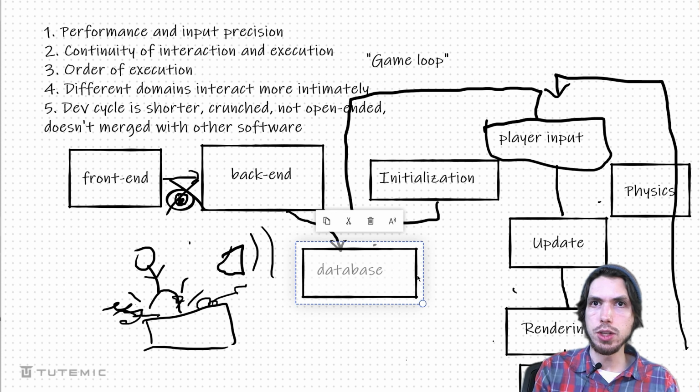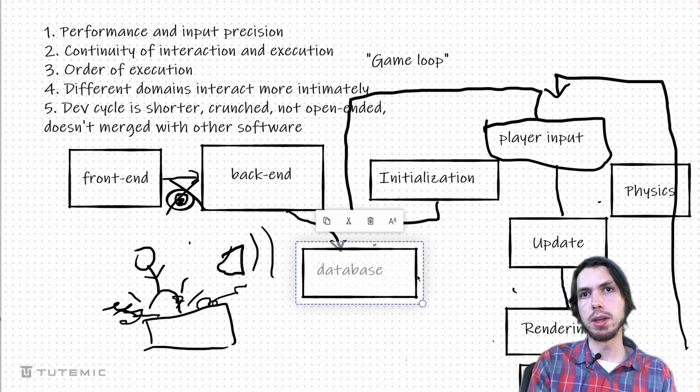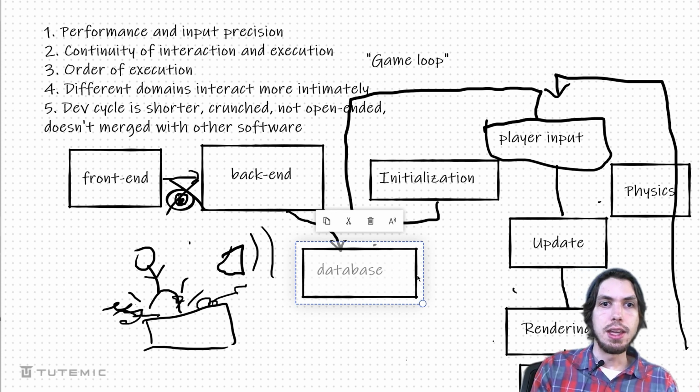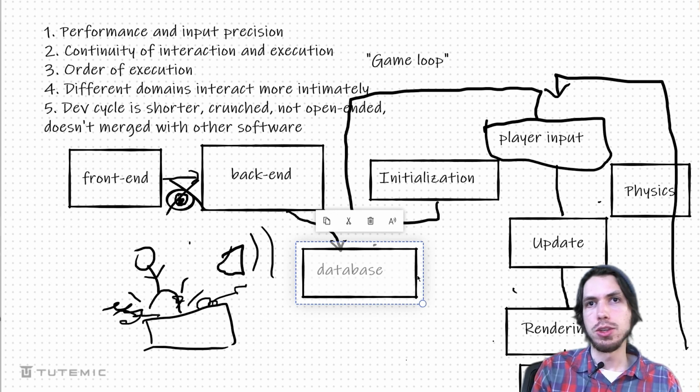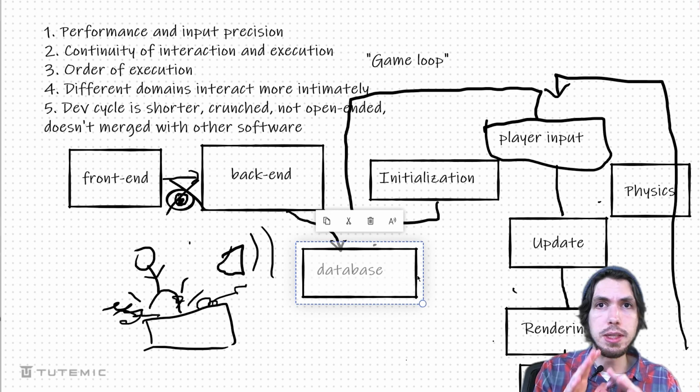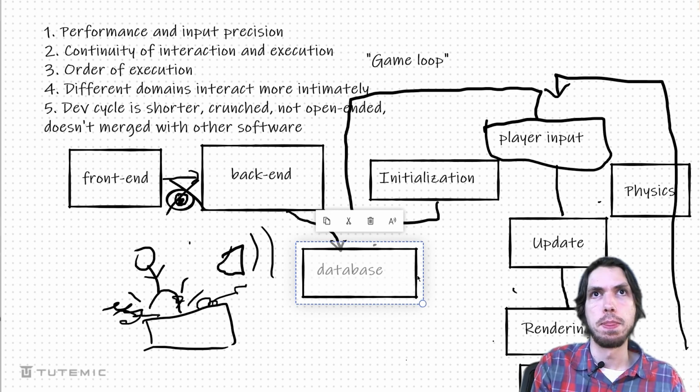So the crunch is real with game programming, and that means that even if you're trying to avoid crunch culture as much as possible, there is still that pressure. The pressure is on especially once you're getting to the ends of these development cycles, because you're running out of funding and you still have to have everything in place, so it can be a little bit higher pressure. And it would be irresponsible not to mention that.